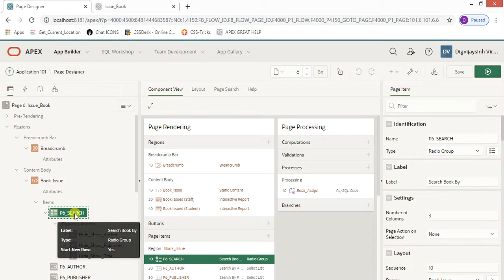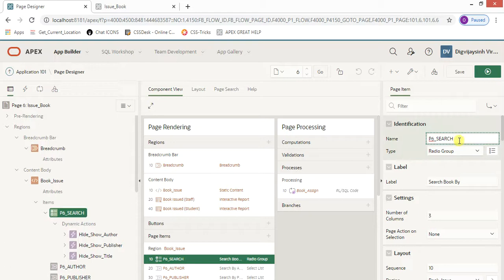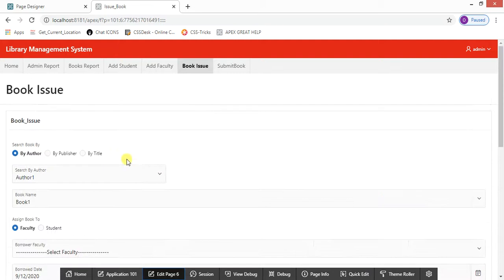The name of that is P6_SEARCH, and I have selected the radio group type. I've given the label as search book by, that is this one.